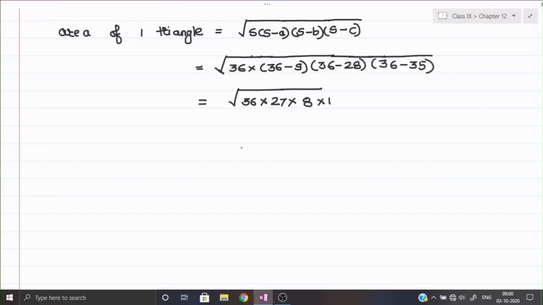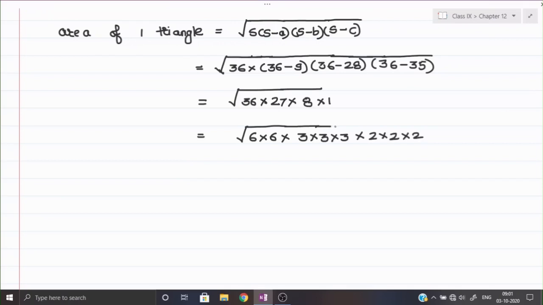Okay, now further we can say, first of all we'll make the factors. So 36, you see, we can write down directly 6 into 6. So its pair will be completed. Okay, 27 we can write down as 3 into 3 into 3, and 8 we can write down as 2 into 2 into 2. So let us make the factors first. 36 I am writing as 6 into 6, 27 I am writing as 3 into 3 into 3, and 8 I am writing as here 2 into 2 into 2.